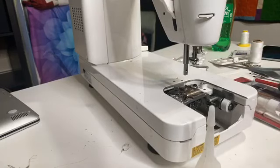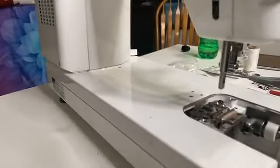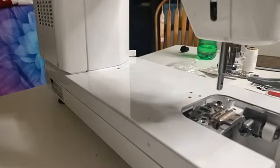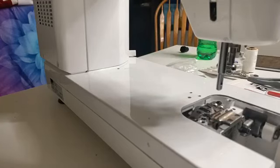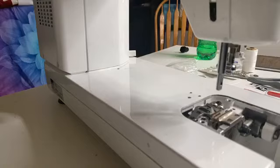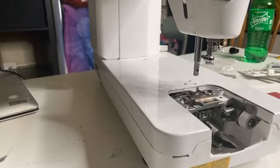Now, some machines, some newer machines, you do not oil them. They are oilless and they're pretty maintenance free. Okay? But mine happens to be the kind that it requires me to do a little bit of the maintenance here. So, move my light around so you guys can see and so I can see. Now, this doesn't take very long. It's not a very hard process, but we want to start with...